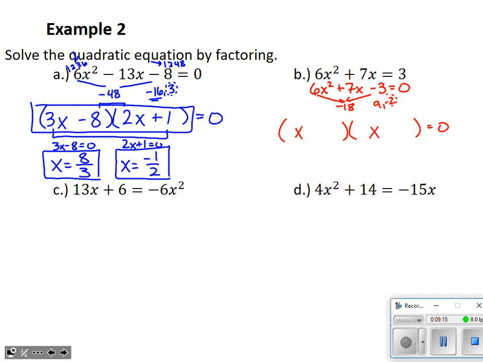The easier one to work with is this negative 2. How do I make that negative 2? Well, I take the 2 and the 1 from my leading and trailing terms. So I've got 2x and negative 1 to set my outside. First times first has to make 6x squared, so that must be a 3. Last times last has to make negative 3. That must be plus 3 in this factor.